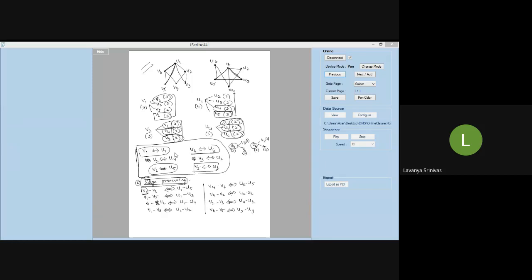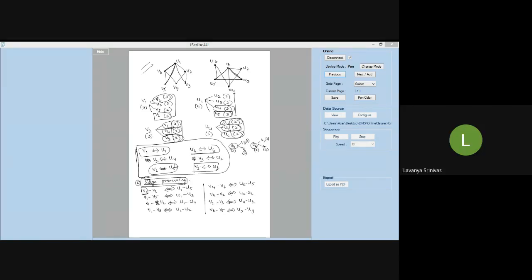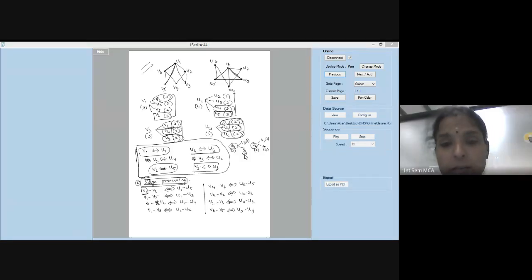Ma'am, in this you have taken V1 is equivalent to U1. Correct. And in the second one, you have taken V4 equivalent to U6. Correct. But we have taken V4 equivalent to U2, ma'am. If we take like that, we are not getting the matrix properly. If you take like that, you may not get it, because sometimes you cannot map any vertex to any vertex. When you go wrong like that, that is when you have to go back and see what other possibilities you can take.